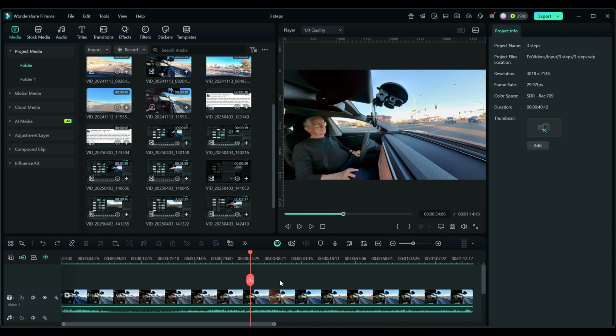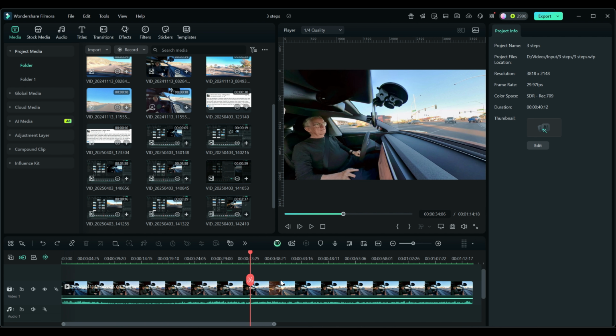In Filmora, you can actually make up to 100 tracks, and that will tax the most robust computer of any kind. And so it's a very powerful program and can easily be abused in that respect. But once you reduce it all to one track, it is much simpler to export. So if you had created a project in segments, let's say you were on a family trip or vacation, you could break it into day by day by day. Or if you were at a resort and you want to do a review on the resort, you could do a segment on the pools, a segment on the restaurants, a segment on the beach, or whatever,